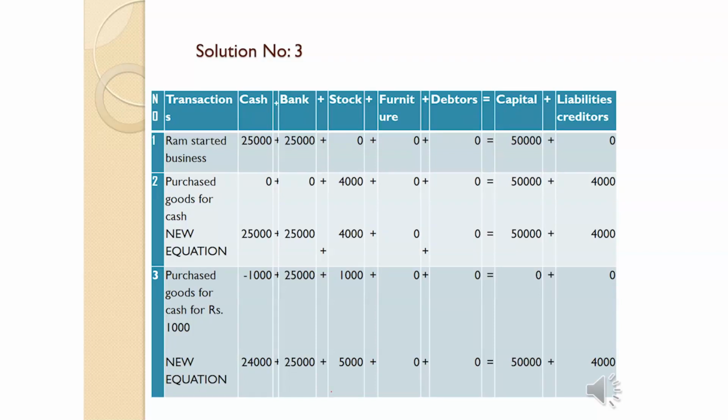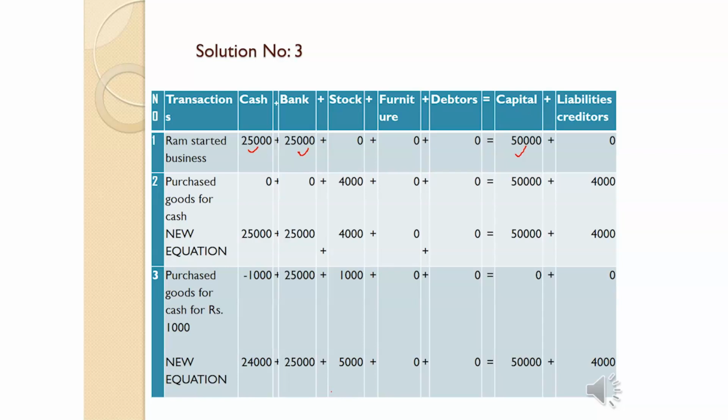Here first one is Ram started the business. First transaction is Ram started business by way of cash 25,000. So increase the value of cash. Then bank balance is also increased. So the capital value is 50,000. So they invest the amount of capital 50,000. So the equation is cash plus